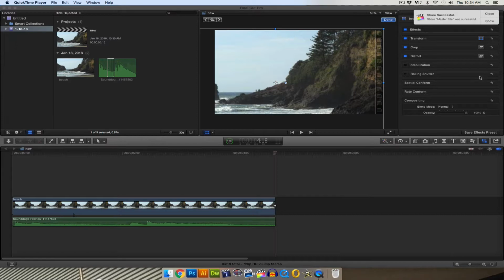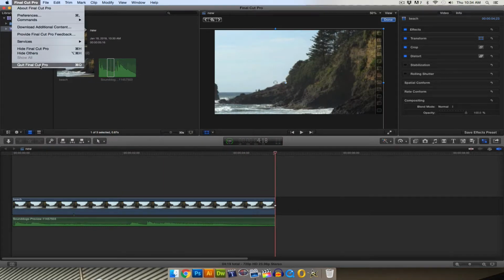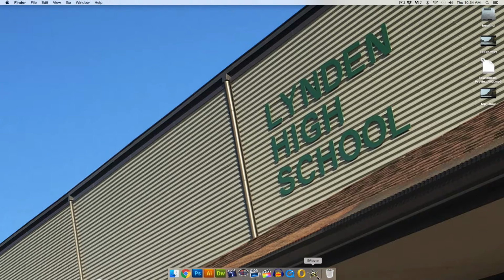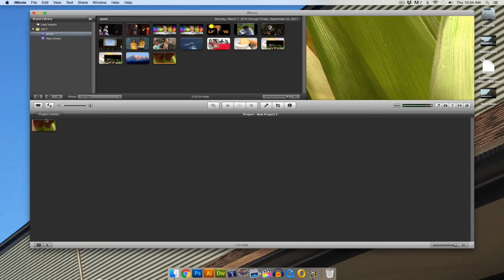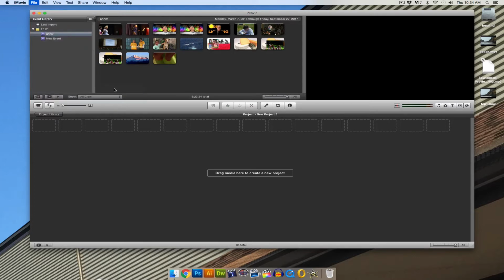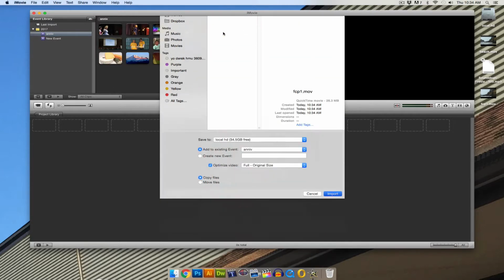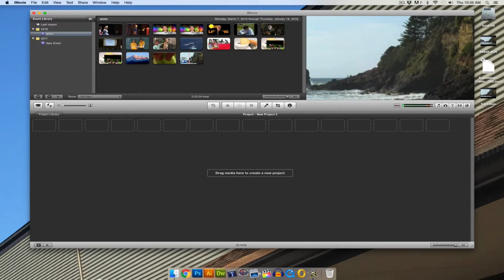When it's done, it'll automatically open. Now to upload it, I'll open up iMovie. And I'll import it into iMovie. I'm going to select the entire movie, drag it onto my timeline,